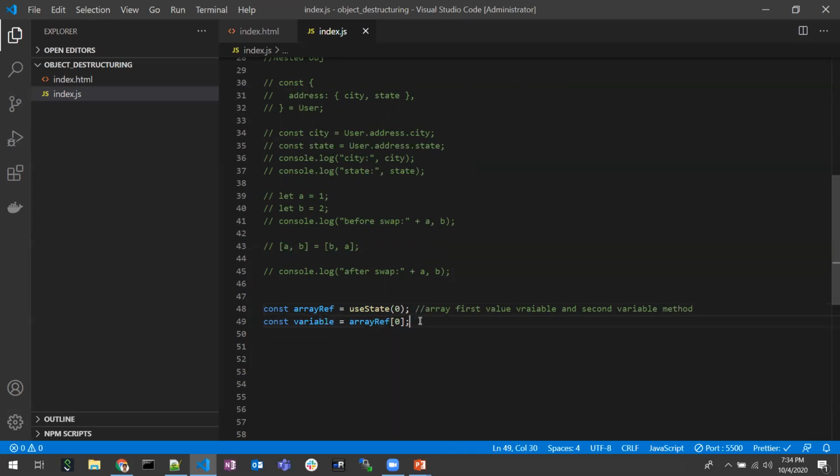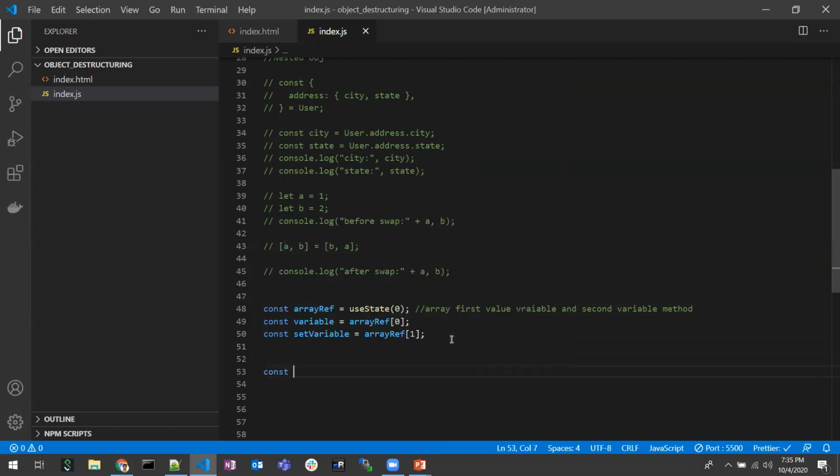So I'm trying to explain the use case, how array destructuring helps in React.js useState. So I will do this. This would be the method, like setVariable. So this is one variable we can use, and the index would be 1. So these are the three lines we need to write in order to use the useState method.